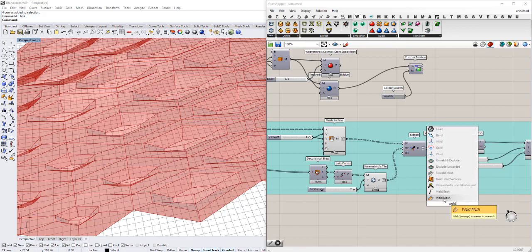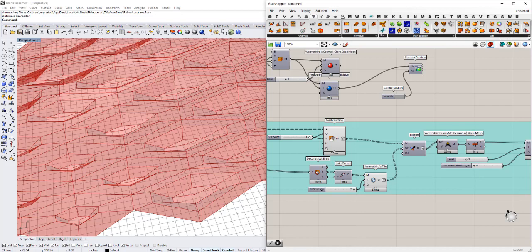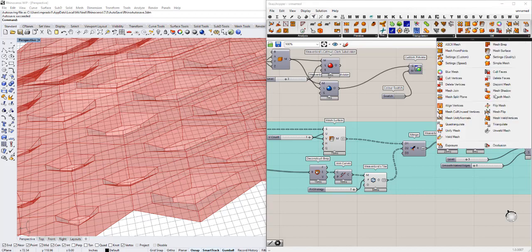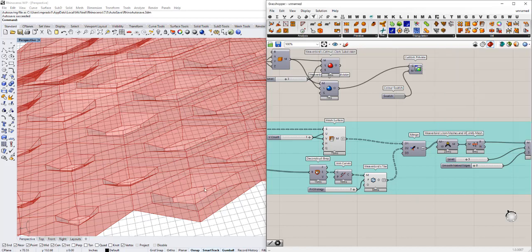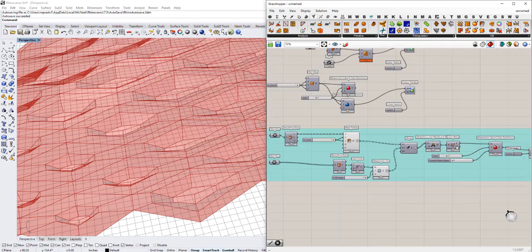There's various weld meshes, weld vertices tools that are all typically up here for fixing mesh topology, basically. So flipping a mesh, welding a mesh, unifying a mesh is another one. How I mentioned if we had one clockwise and counterclockwise face, their normals would be pointing in opposite directions. So these mesh faces down here,